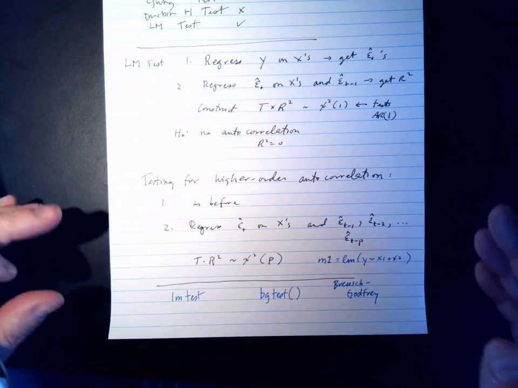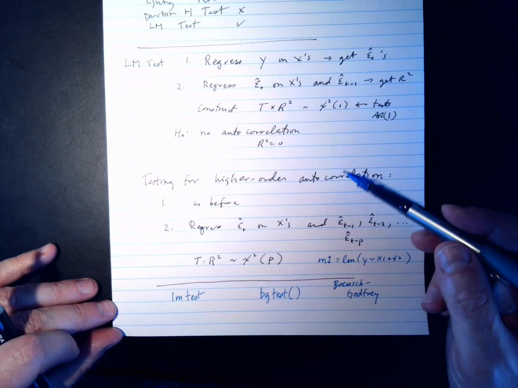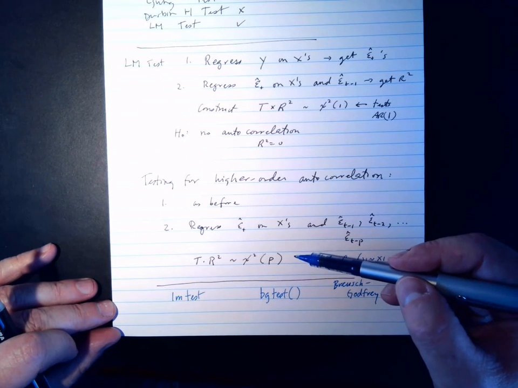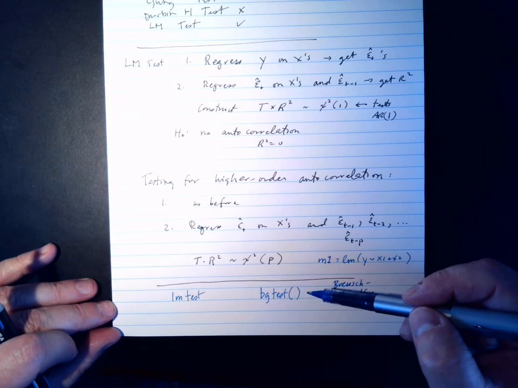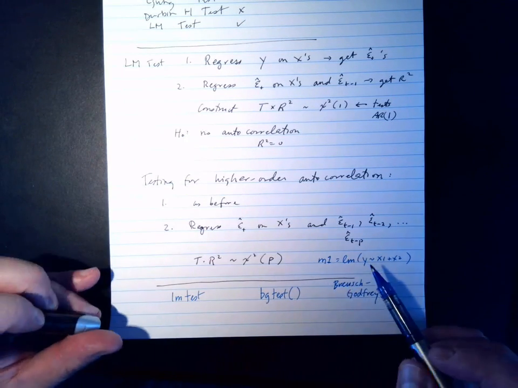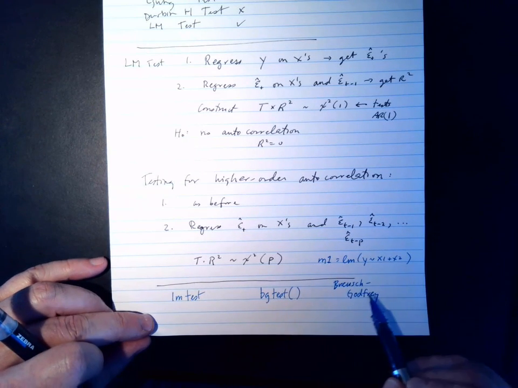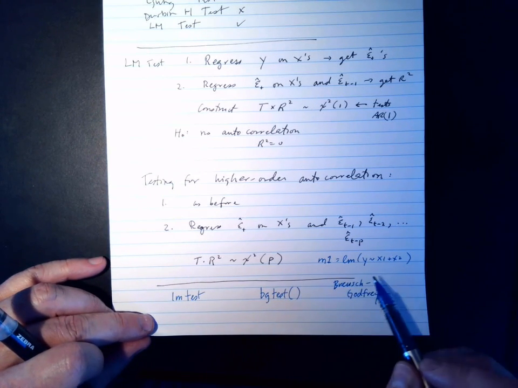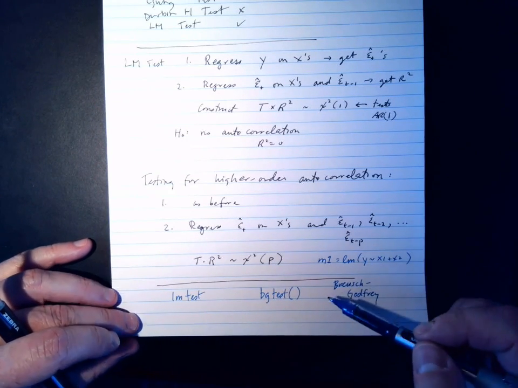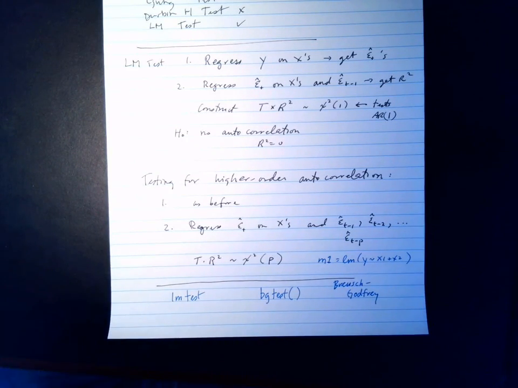It'll do all this stuff for you. And as a default, it'll do the AR1 test. But if you want it to test higher order terms, then you just add an extra option in there for testing the higher order terms, whether you want to go 2 or 3 or however many lags you want to do. But you're just going to use the bgtest command, and it'll